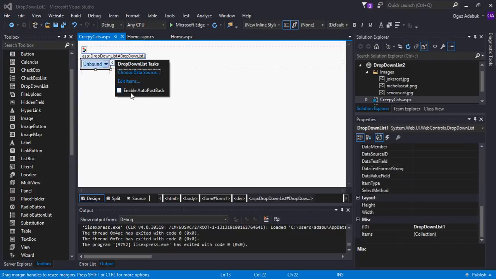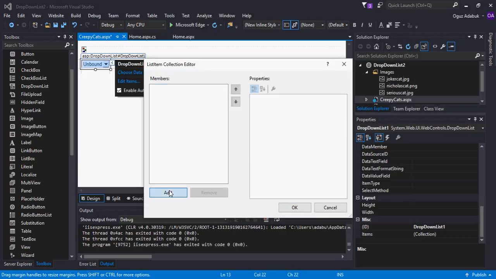So let's enable auto post back, edit items. So add. The text is what shows up in the dropdown, and the value is the actual value of that item. So let's say Joker, and the value is going to be jokercat.jpg. Okay,